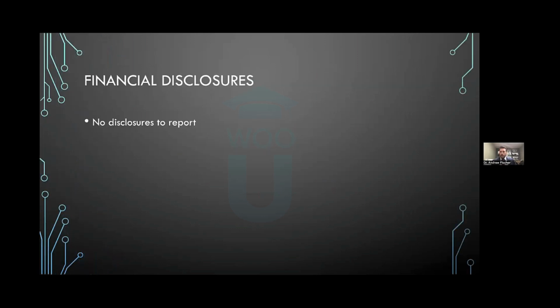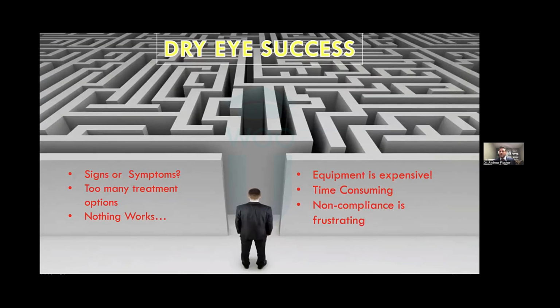We have a whole lot of patients that need our help, but it is kind of a maze to try to navigate. And I hear all the time from friends and colleagues that dry eye is frustrating for several reasons. For one, signs and symptoms don't always match. So do we need to follow the signs of dry eye that we see in the clinic, or do we need to follow the patient's symptoms? Sometimes we're overwhelmed by too many treatment options and don't know which one to pick or why we pick it.